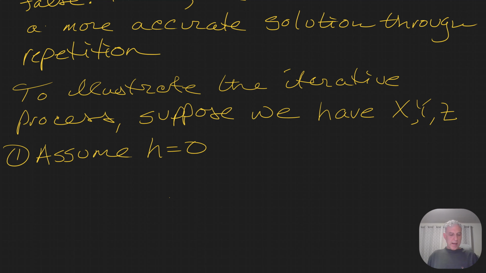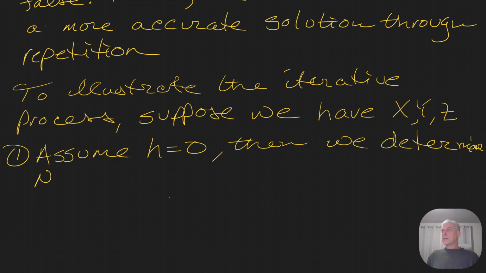We assume that h equals 0, and then we determine n and phi, or our radius of curvature in the prime vertical, n, and phi,